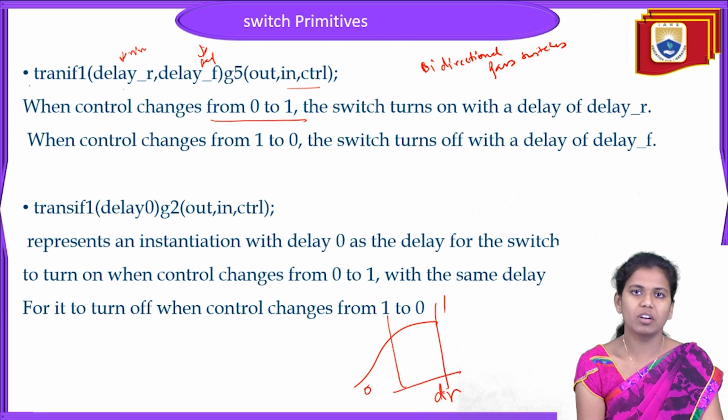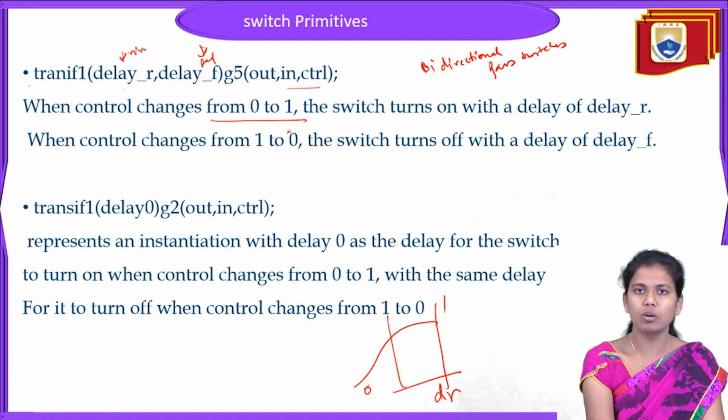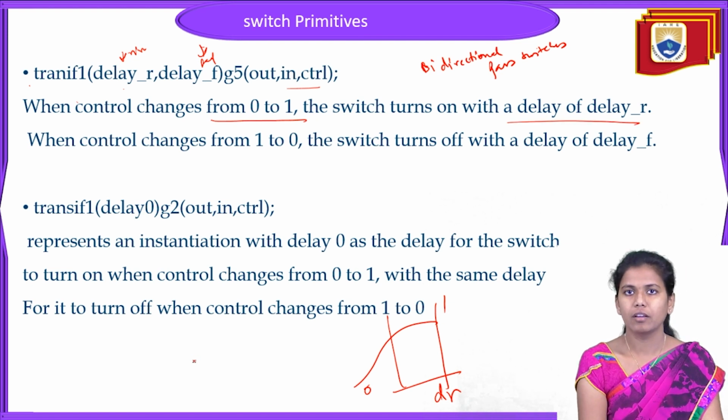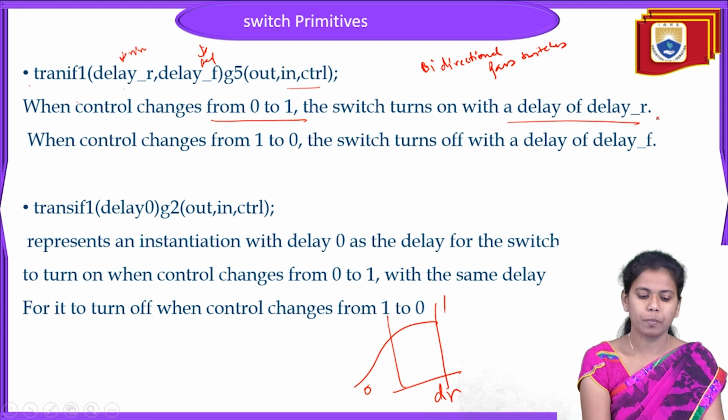This mechanism we have already discussed numerous times in the previous classes, and now also just for the example sake, I'm explaining again. When the control signal switches from 0 to 1, then the delay is the rise time. And when the control signal switches from 1 to 0,